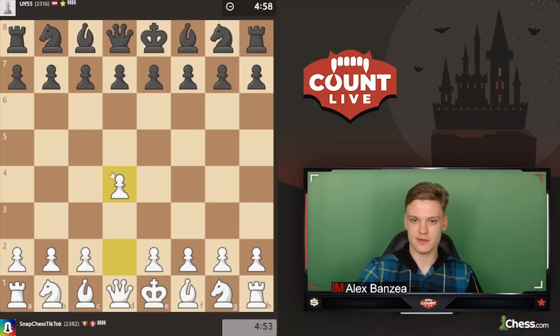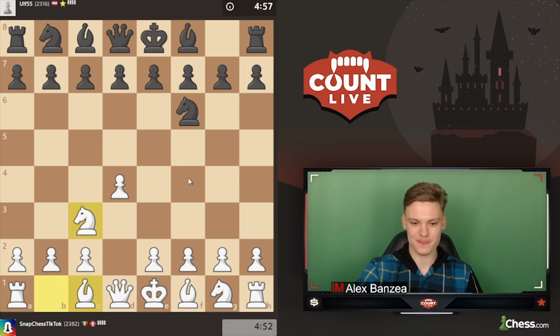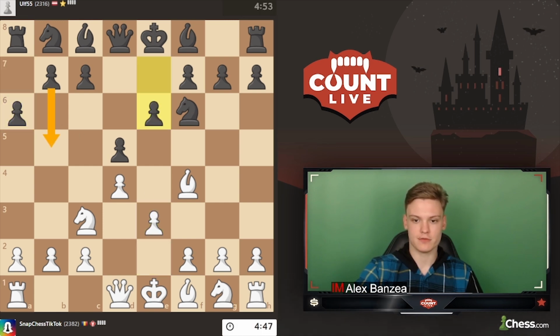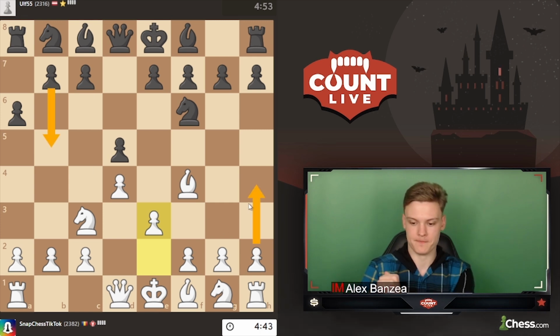Alright, we're getting the white pieces. Gonna be going for the Jobava. Bishop to f4. We're seeing a6, that's interesting. e3, and is he gonna play b5? That's interesting when they go b5. Then I'm probably gonna go h4. I think that is